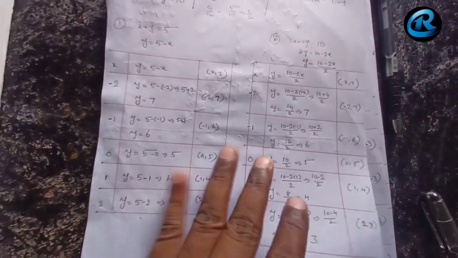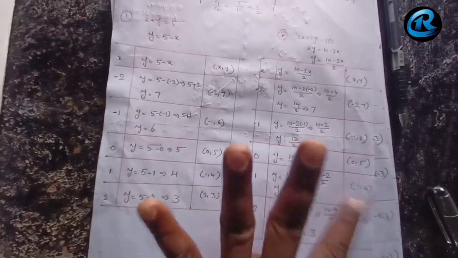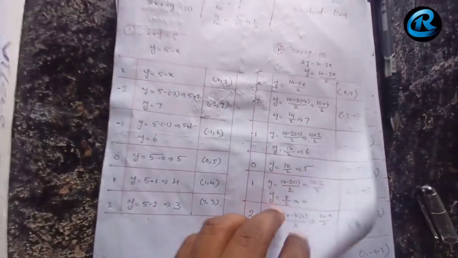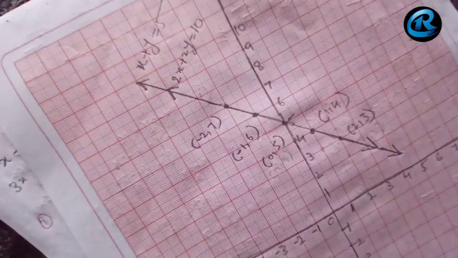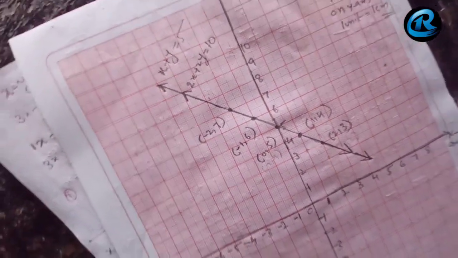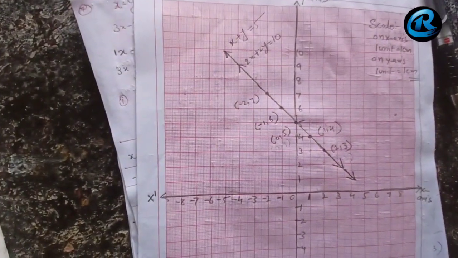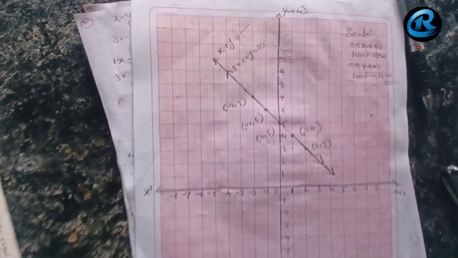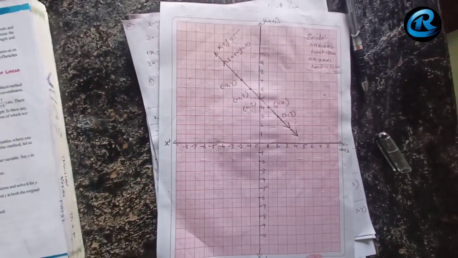See these 5 points and these 5 points, if you locate them, overall it is 5 points only. 5 and 5 is not 10 points, because these and these 5 points are the same solutions. So if you locate these solutions, definitely it will be coincident lines like this. See the graph of question number F. Scale, x-axis, y-axis, everything you have to write very clean.